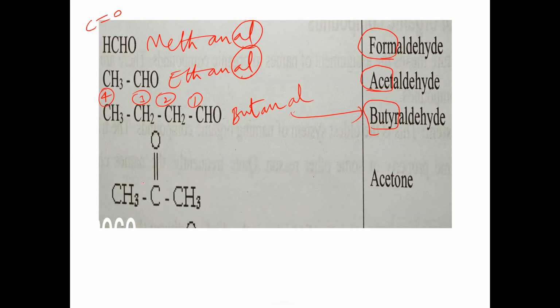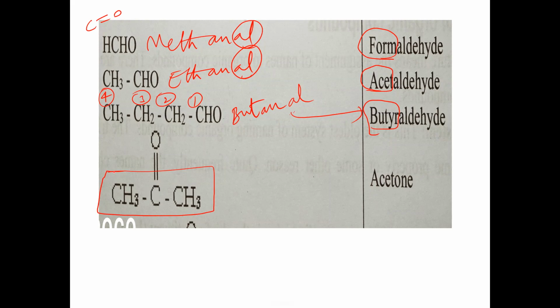Next, what we have to understand is this compound, CH3COCH3. What is the number of carbon atoms in the parent chain? The longest chain is what now? 3 carbon atoms are present. As the functional group is C double bond O, we need not start the first position at the C double bond O. Don't start number 1 at this carbon. We have to number from left to right or right to left to give the lowest number to the CO carbon. That's all.